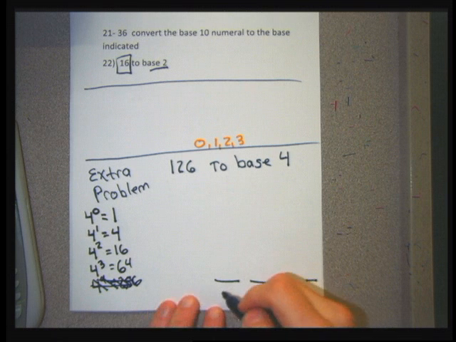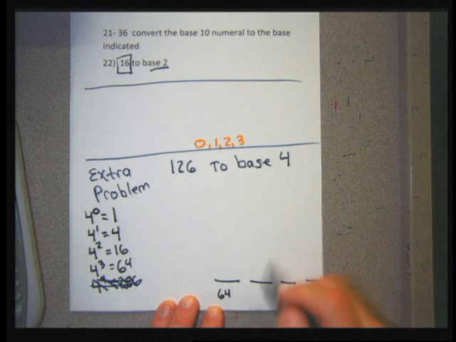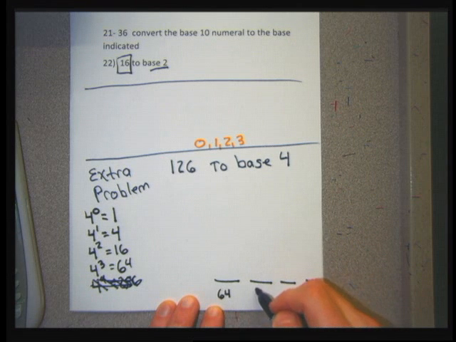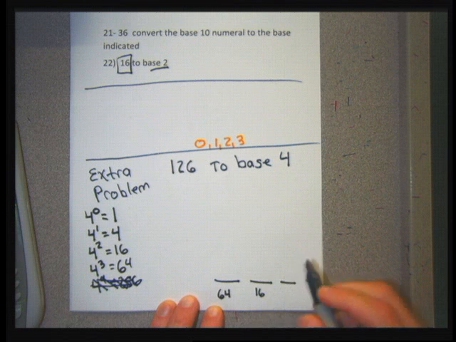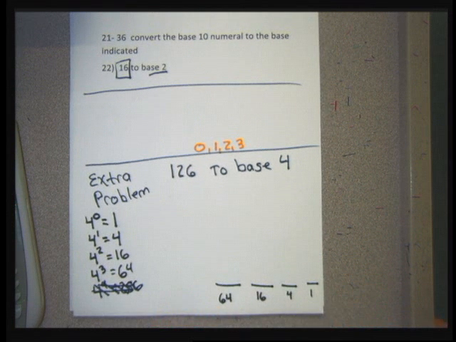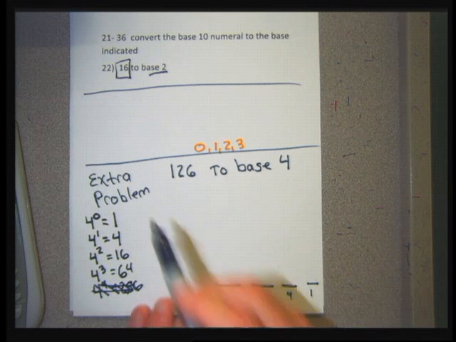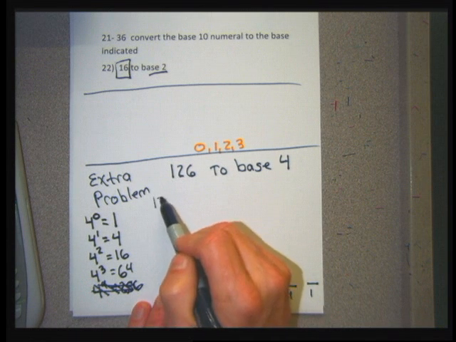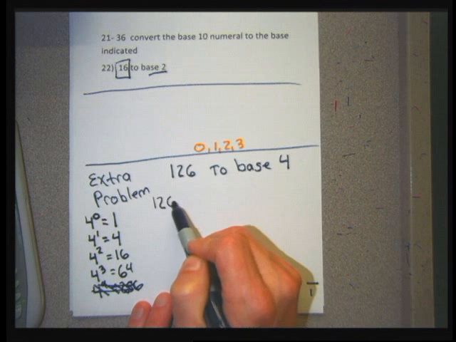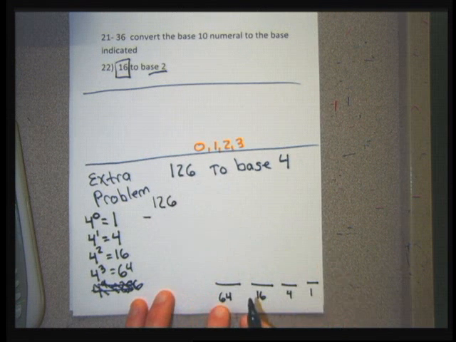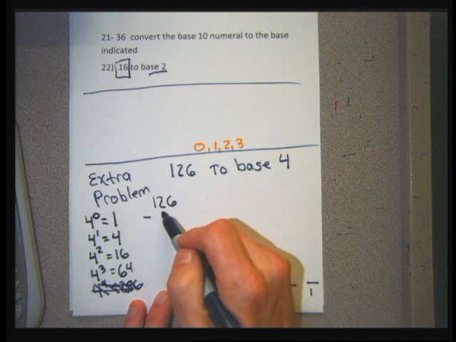Now I'm going to find out what the answer is. And underneath my spots, I'm going to put the powers of 4 going in reverse. So the powers of 4 that I've come up with are 64, 16, 4, and 1. And writing these numbers under the dashes is going to help me write my answer. So I'm going to start with the number 126, and I'm going to subtract 64 as many times as I can